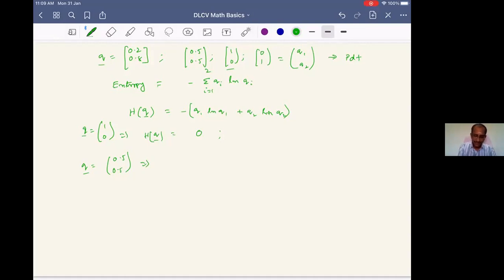That means if the PDF is 1, 0, you don't need any bits because you are certain that the probability of the first event is 1 and the second event is 0. You know that event will happen anyway, so there is no need to send any information. These probabilities themselves clarify whether the event happens or not. But if the probability of the first outcome is 0.5 and the second outcome is 0.5, you are not clear which may happen, and hence you need to communicate the bit